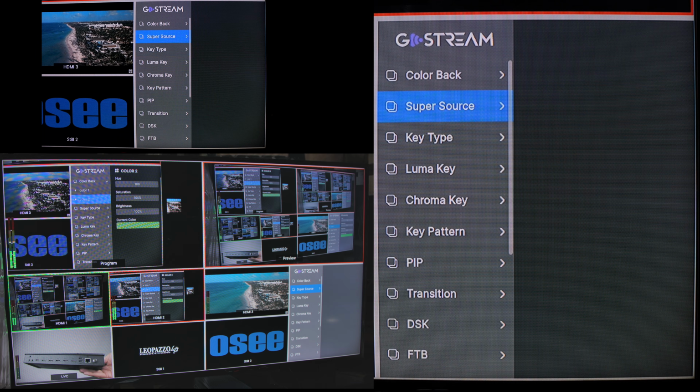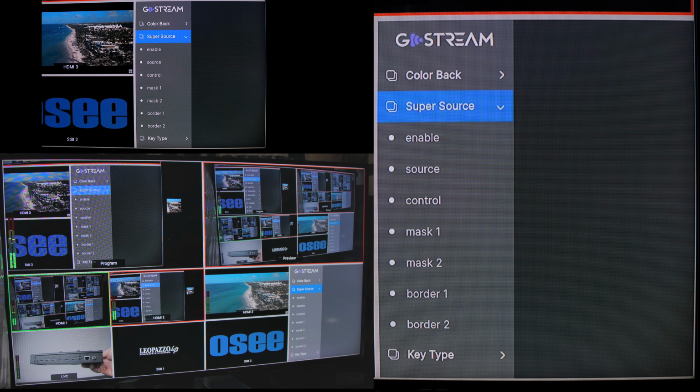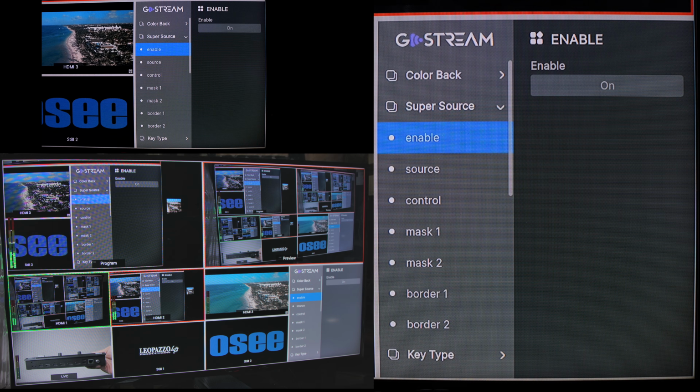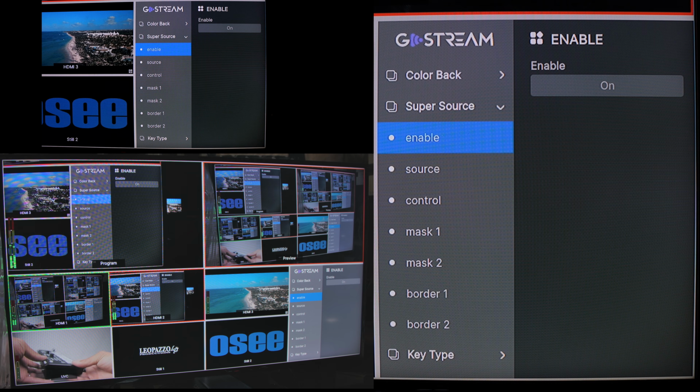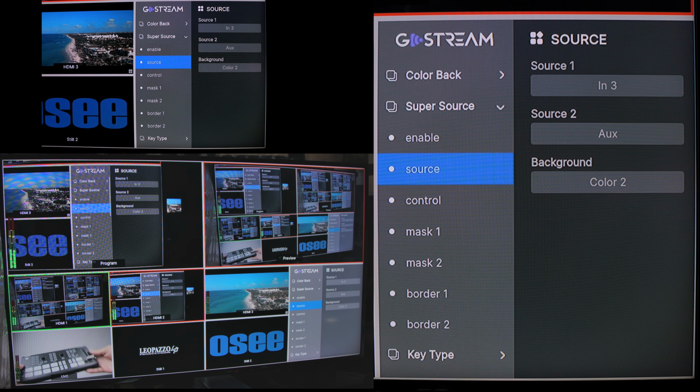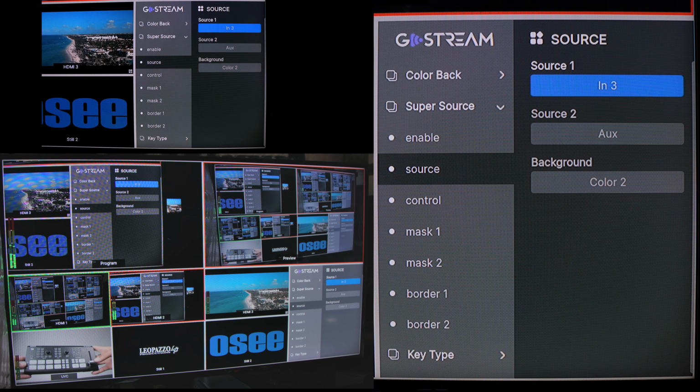Next over here we're going to have the super source option. Okay, so underneath the super source, basically what it's going to do is allow a few images to be played on top of each other or side by side. So for an example, if you do want to enable it, you can enable it right there, on or off. Underneath enable, we have the option for selecting our source input, so source 1, 2, and also